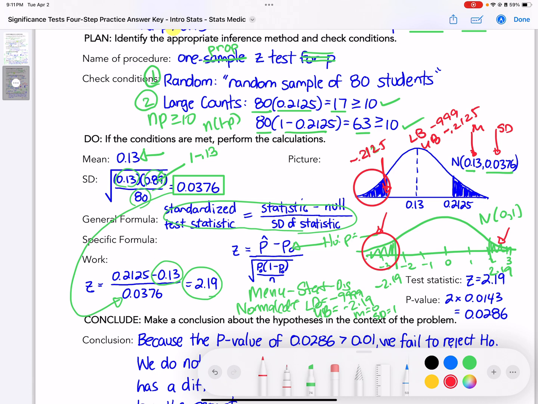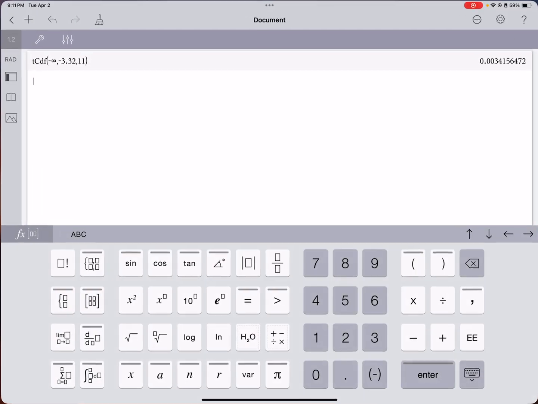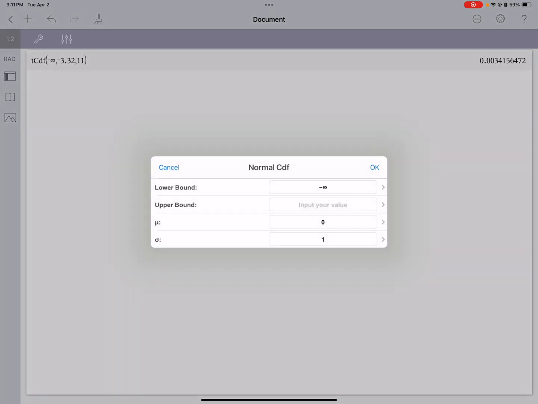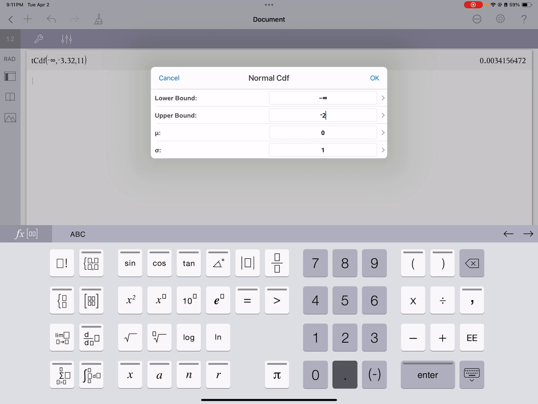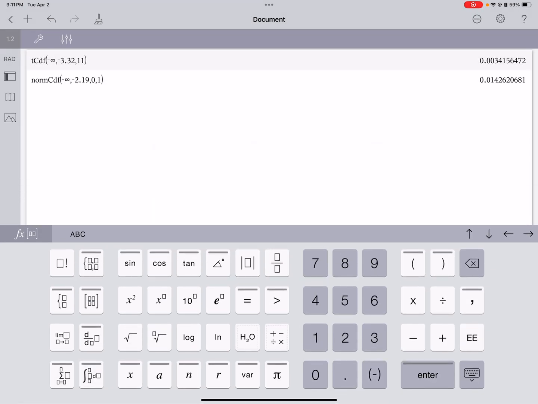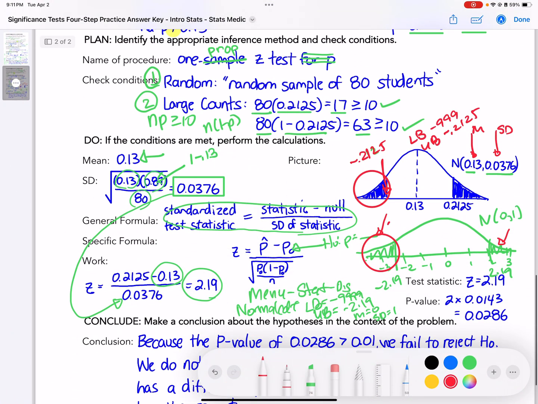Let's go ahead, and I'm going to put the one that we did in green in my calculator. So let's go ahead to normal CDF: menu, stats, distributions, normal CDF. And I have negative infinity to negative 2.19, and the mean and standard deviation are 0 and 1, and it is 0.014. So this here is 0.014, and this here is 0.014. So 0.014 plus 0.014, or times 2, is going to be